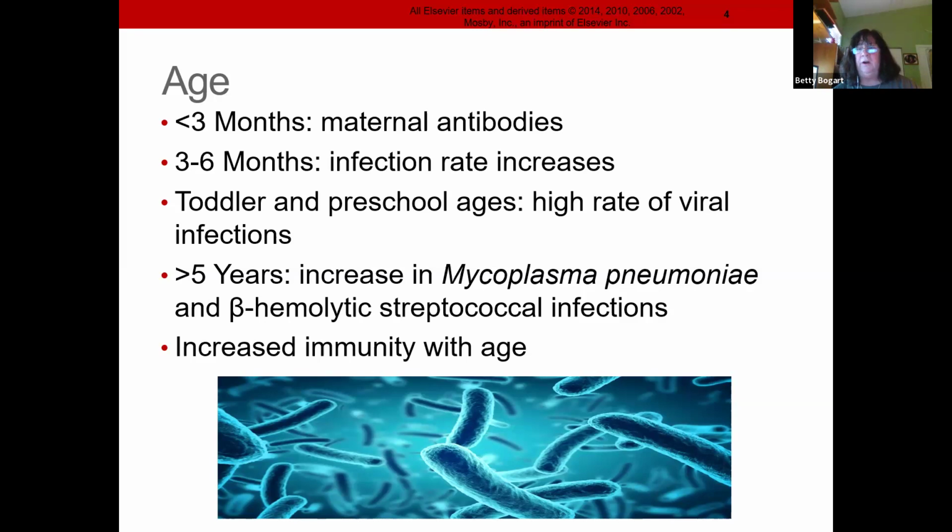As they get older, we know they've been exposed. We've been given all of those immunizations. We start at 2 months, 4 months, 6 months, 12 months, 15 months, 18 months, 24 months. We're giving all of these immunizations to give all those antibodies for that child to ward off all the really bad sort of diseases. As they get older, it's more bacterial, like strep throat type thing.